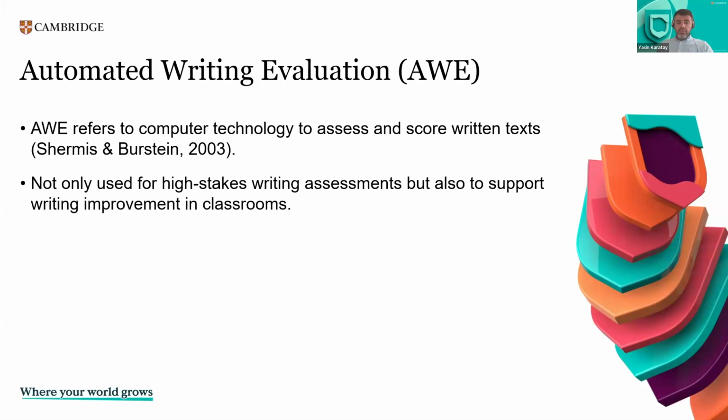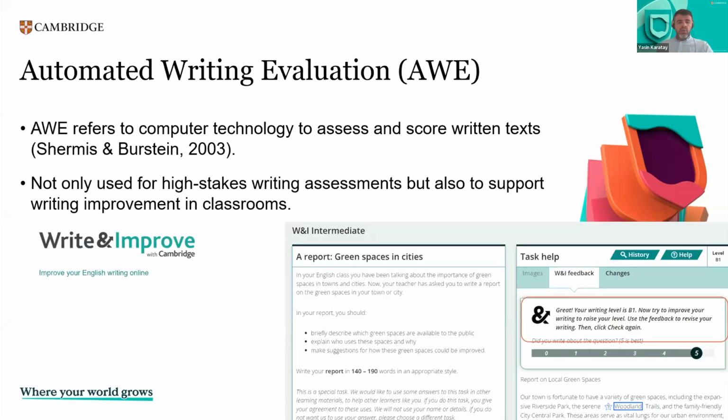And this can be used not just for high stakes writing assessment, but also to support writing improvement in classrooms. And one example of such technology is Write and Improve, which was developed here at Cambridge. Some of you might have heard of it or used it before. I don't know, but we're going to put the link in the chat so you can take a look at it too. So this is an AWE tool in action, which can be used for everyday classroom activities